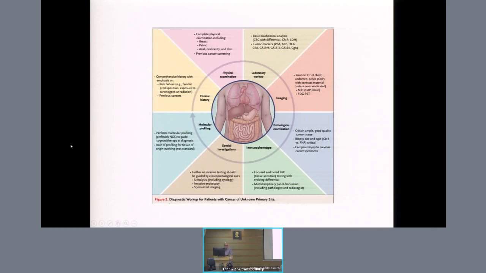Now our job is to find the primary. Where is the primary? From where has it come? We examine the patient, do certain tests, and try to find out the primary site. But in such cases, we don't come across any primary, and we label it as metastatic carcinoma of unknown primary, or unknown origin. So the philosophy is that, in simple terms, if the patient is male and you understand the diaphragm,